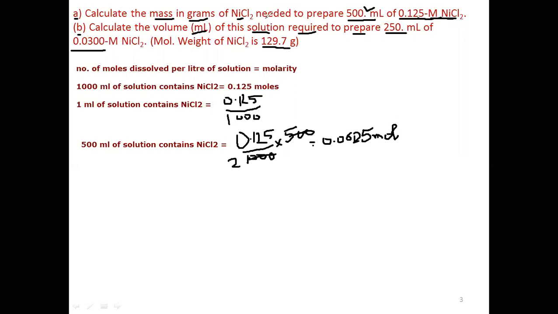of nickel chloride. Now we know that number of moles is equal to mass of solute divided by molecular mass of solute. So similarly we will apply this formula to nickel chloride. So number of moles is 0.0625. We will apply here